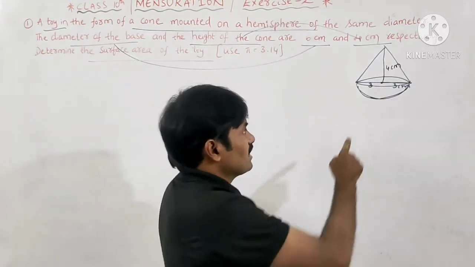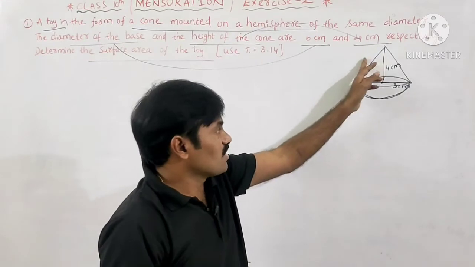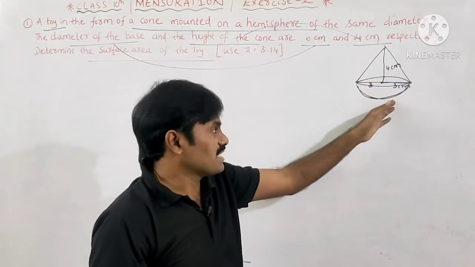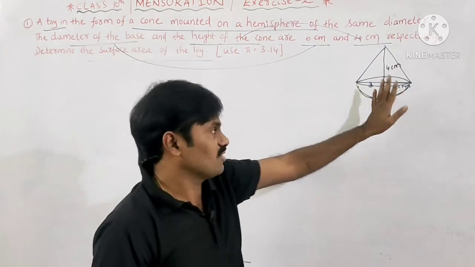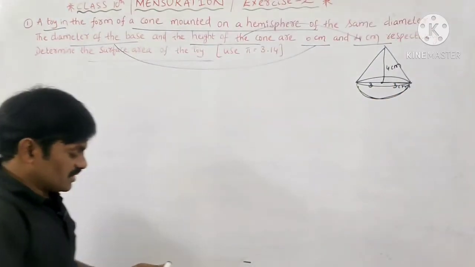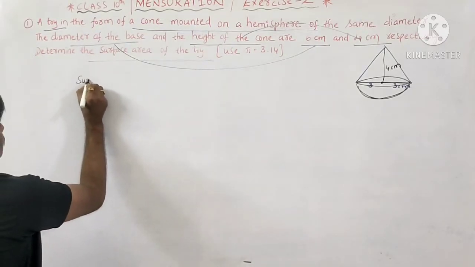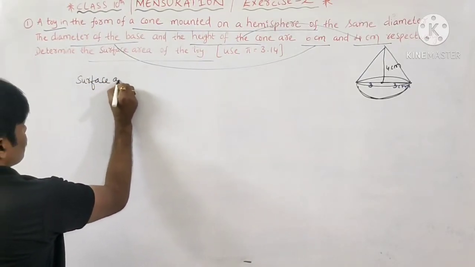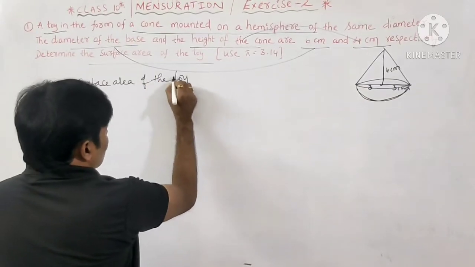So total surface area means curved surface area of the cone plus curved surface area of the hemisphere. So the surface area of the toy is equal to